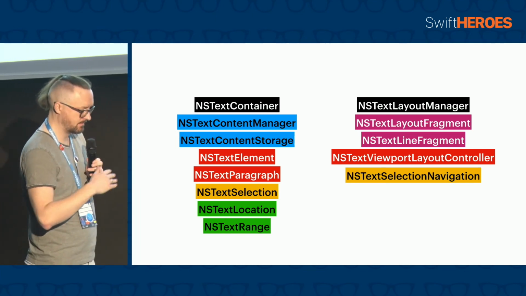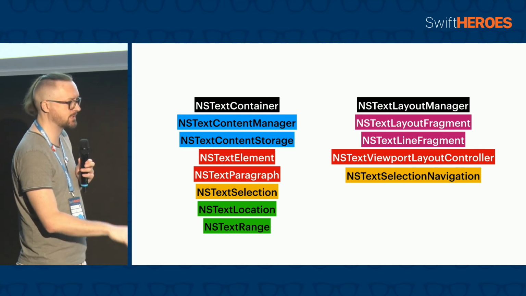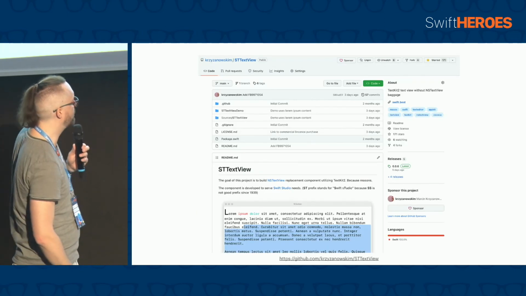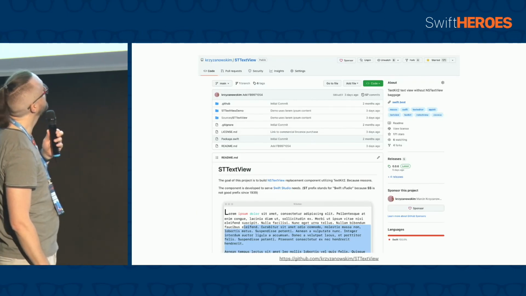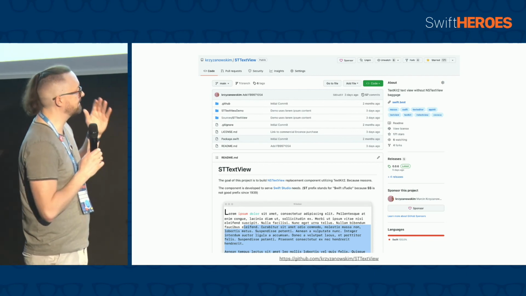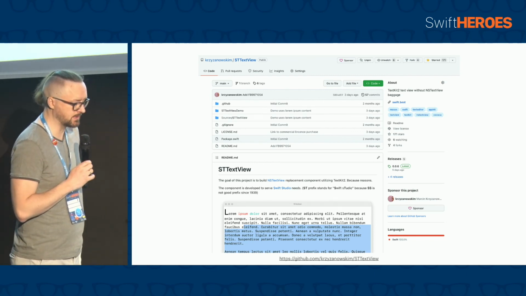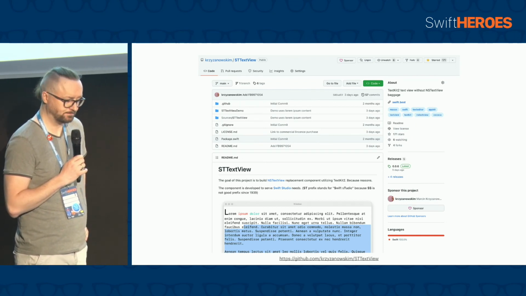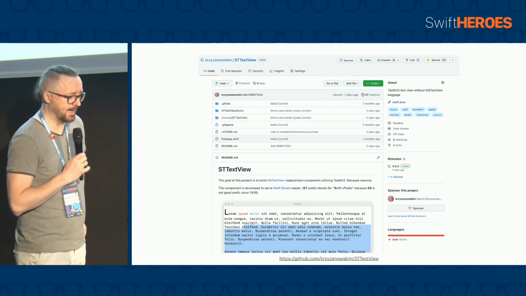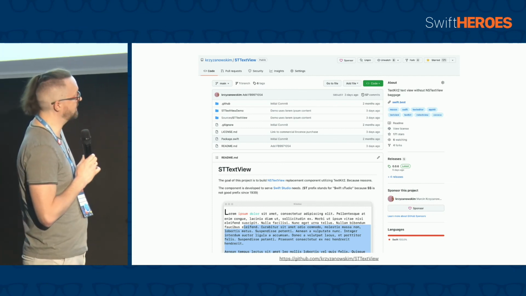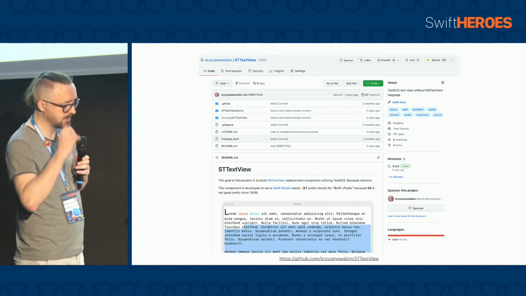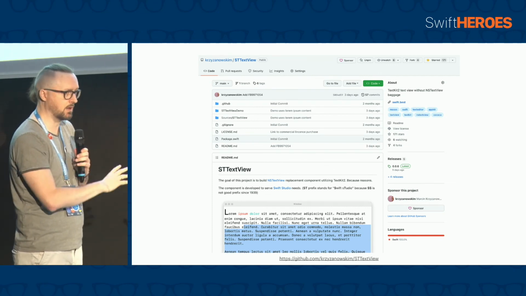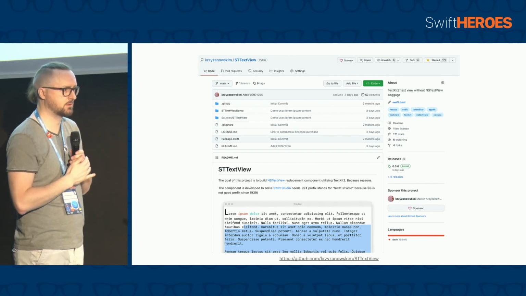I skipped a lot of parts. If you're interested in how it is built in production, I actually made a project. It's called STTextView. The goal is to re-implement NSTextView with TextKit 2, and it works. I use that in one of my projects. You will find all the quirks. There are comments in the code. If you're interested,